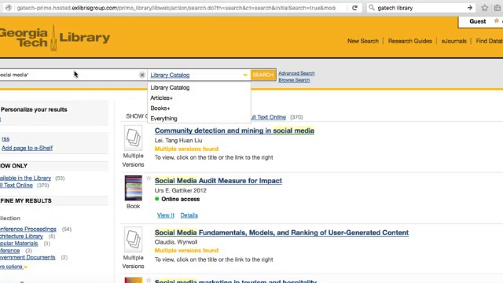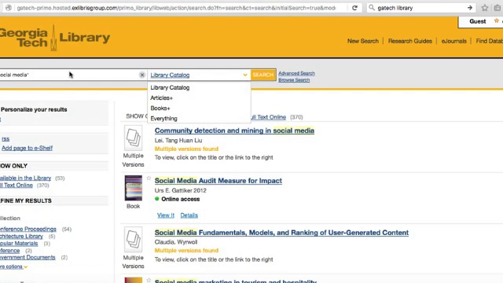If we think back to our question, we'll need to pare it down by omitting some unnecessary words, single letters, and any punctuation. In Primo, you can use phrase searching to find search terms in a specific order. Say I'm looking for the term social media, as I have listed here. I have it in quotation marks so that both words are searched for in that sequence,